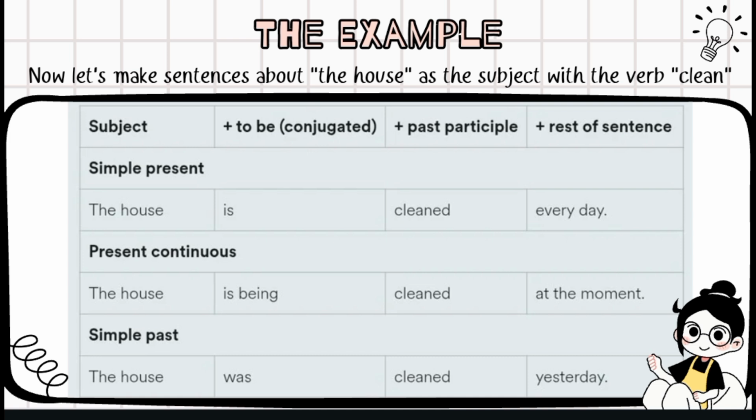The house is only one house. If we want to use the houses, we need to use are for to be. And for the past participle, clean is cleaned with ed, and use the rest of the sentence like every day, at the moment, yesterday, like that. If we use present continuous, we need to